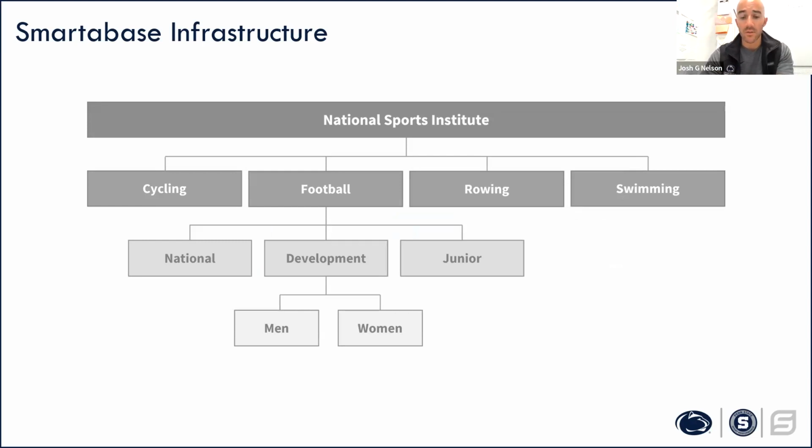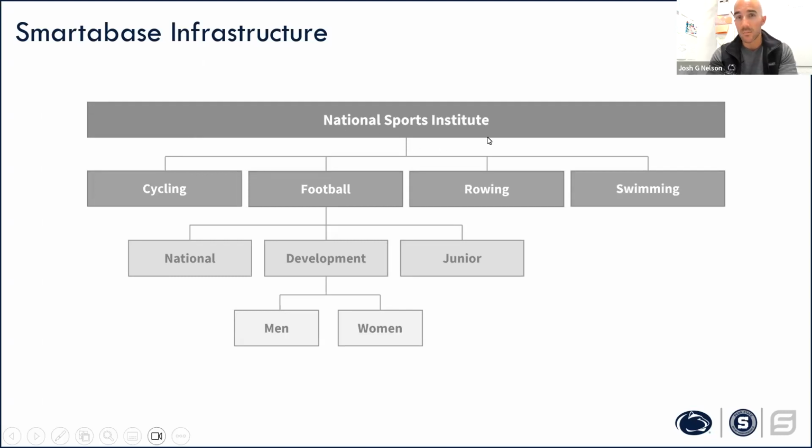It's also going to allow us to protect our data and information that may be really secure or important to remain secure for each individual athlete. This could be HIPAA data, it could be FERPA data, anything that we need to make sure we control access to specific individuals that use the system. This is an example hierarchy that Smartabase uses within their courses that shows how we can do this.